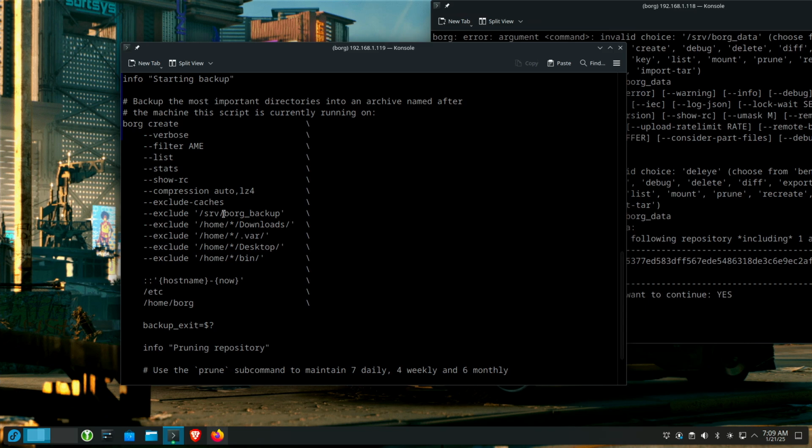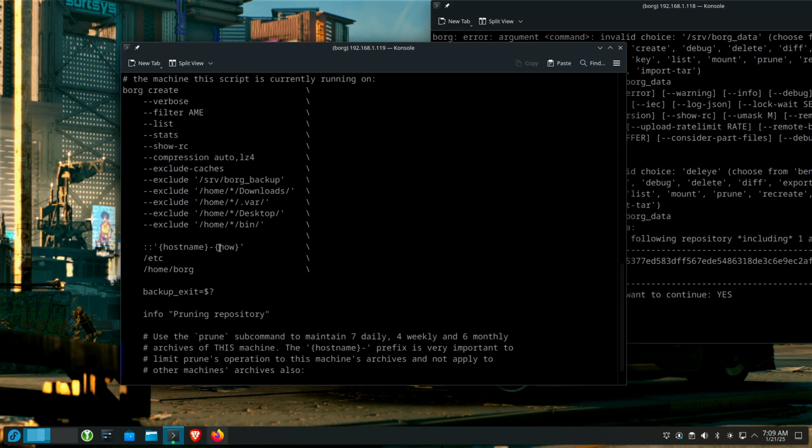Now, I'm not backing everything up, so it won't see this unless sometime down in the future I put just / here, right? Or I back up everything. And then that would be important, and I'd probably want to add a few others, which we'll talk about when we get there. In the remote one, that's exactly what we're going to do, is we're going to do a